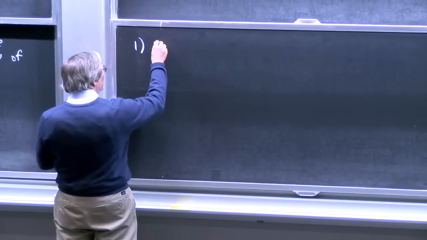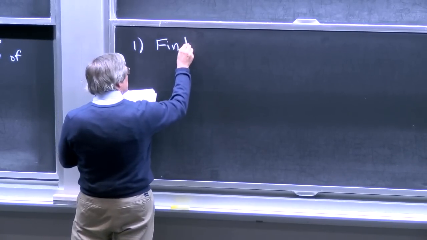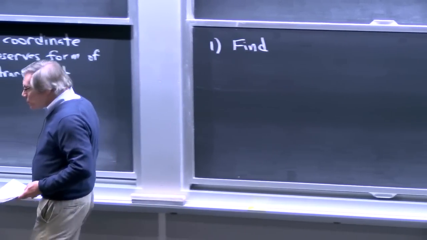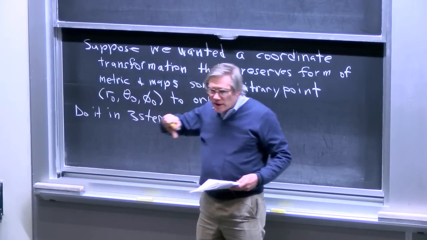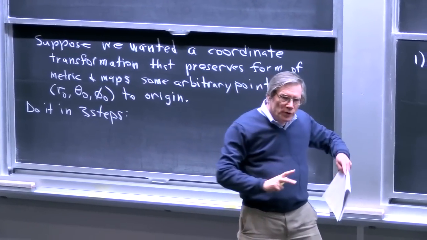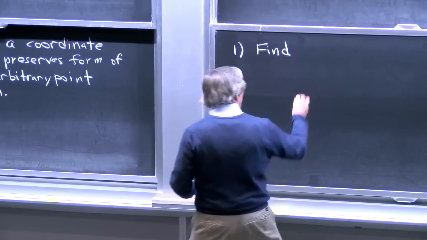So step 1 is to find the x, y, z, w coordinates that go with this point. Because once we have the x, y, z, w coordinates, we're in our 4-dimensional space where we know how to do rotations. So the first thing we do is we just find